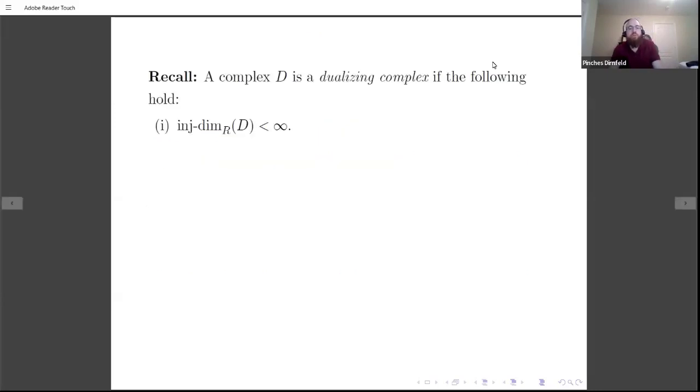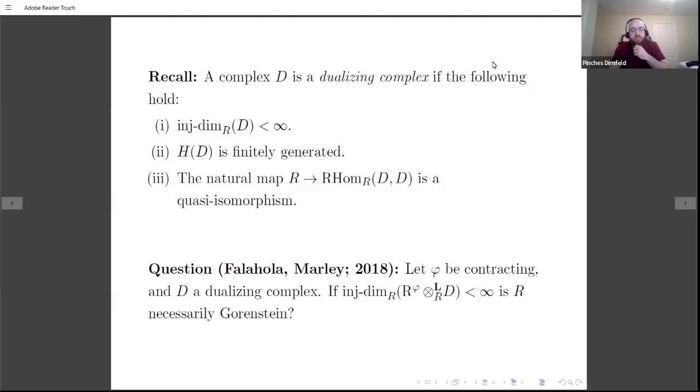So the thing I'm not so sure about is that here I'm looking at the derived tensor product. If I can show that the derived tensor product has finite injective dimension, that doesn't necessarily mean that the actual tensor product has finite injective dimension, even for a canonical module. So I don't want to say I'm generalizing. I prefer to say I'm giving an analog.